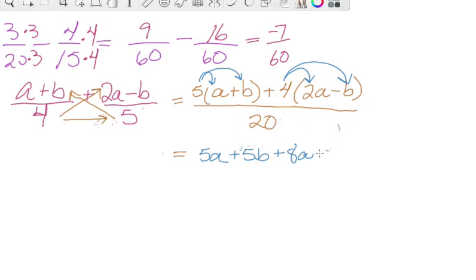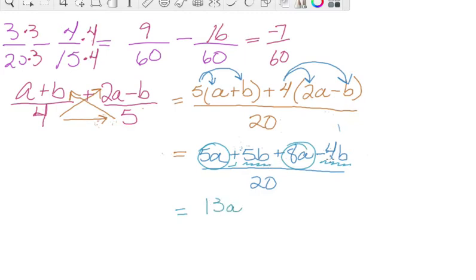What do y'all think? Commissar, what's your thought? Negative 4b. Awesome. Negative 4b. Again, this is all over 20. Can we combine like terms? Which ones? 5a and 8a, great. And 5b and minus 4b. Okay, let's go ahead and combine those terms. 5a plus 8a is how many a? 13a, okay. And 5b minus 4b